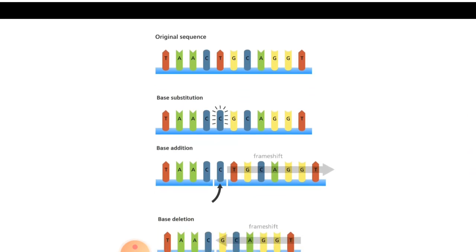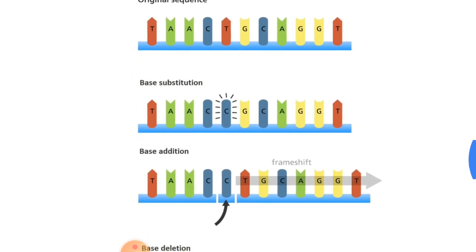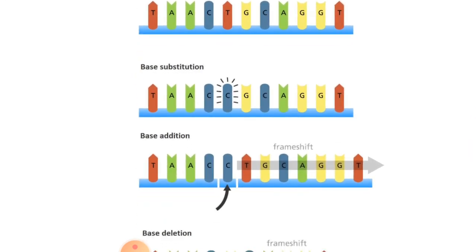Now here you see what happens. This is the original sequence of the base pairs. We are going to study in the next chapter how these bases form the triplet codon. So this means 3 base pairs will give one sign, and if the sequence of these 3 changes, there is going to be an altered expression. So here you see base substitution.